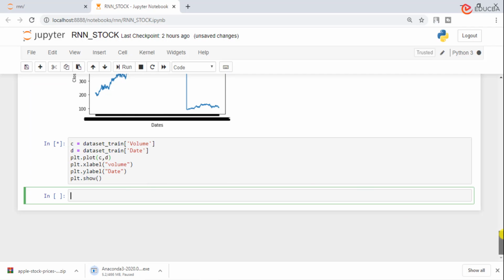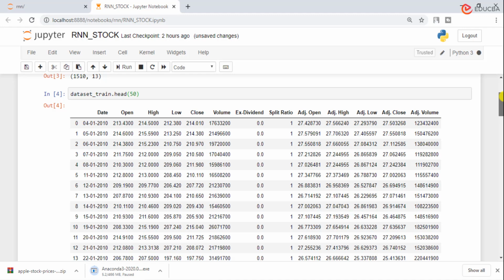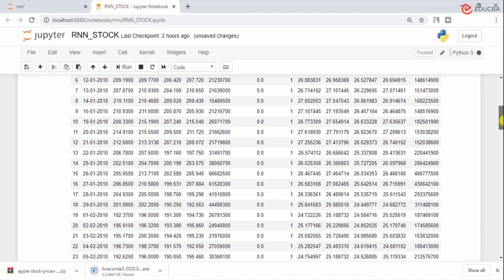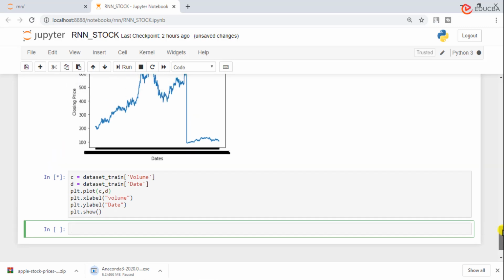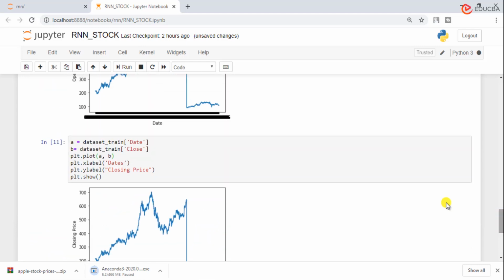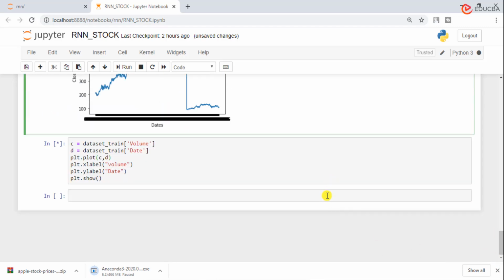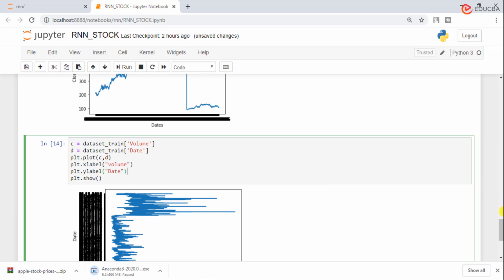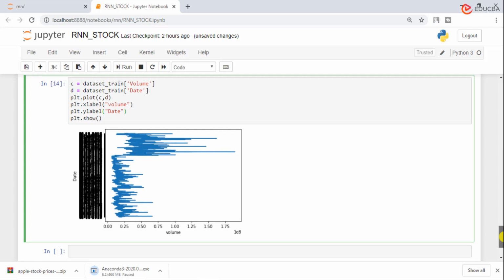Similarly, you can create this graph for high price and low price as well, to check the minimum price, to check the maximum price. And with the help of this information, we can perform some sort of data pre-processing, or you can add your ideas to it. So here I'm going to copy this chunk of code and paste it here, and instead of closing price, this is what I have obtained for the volumes generated. So on y-axis I have taken dates, and on x-axis volumes generated. So these are the volumes which are generated.